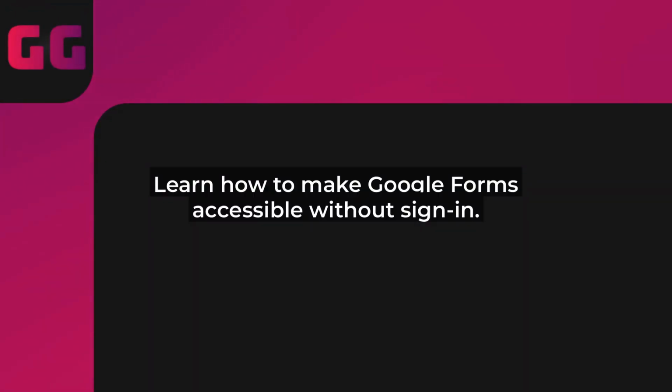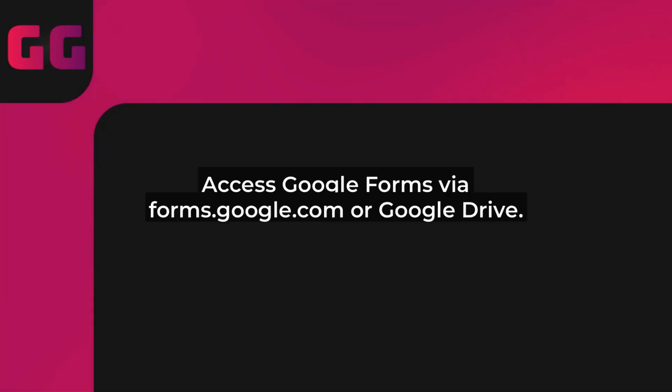If you're creating Google Forms for surveys, event registrations, or feedback, you might have noticed that by default, they often require users to sign in with a Google account. This can be a real hassle, especially if you want to make your form accessible to absolutely anyone, like anonymous respondents. In this video, we'll walk through the simple steps to disable that sign-in requirement, updated for 2025. Stick around, and you'll have your forms ready in no time.